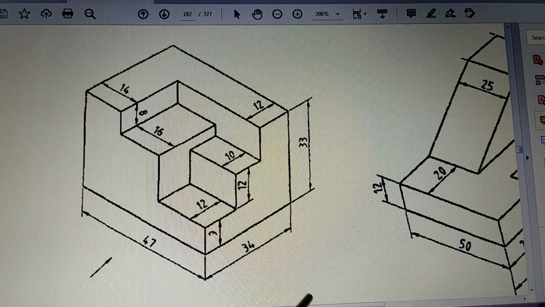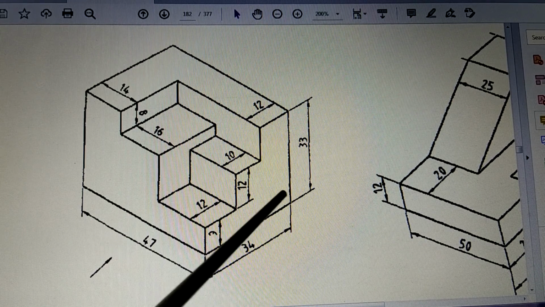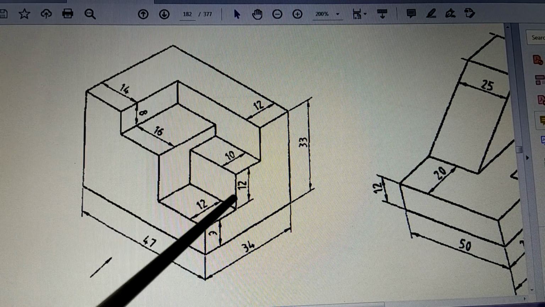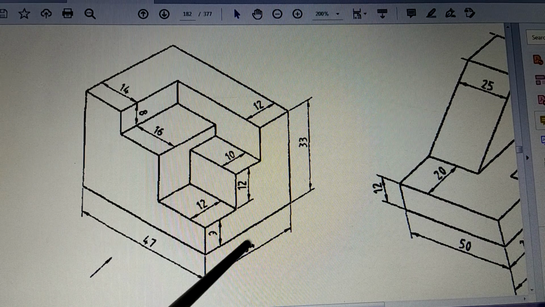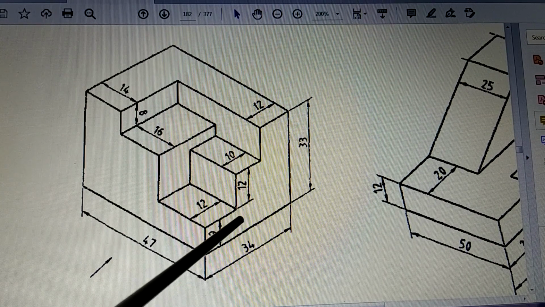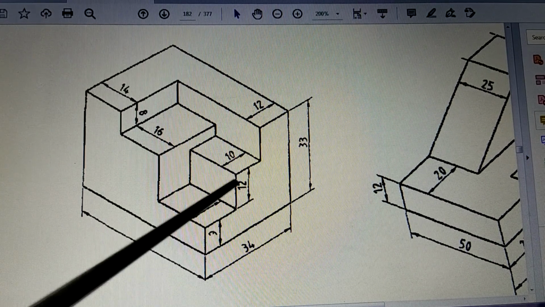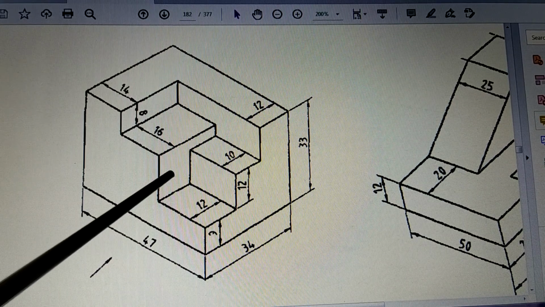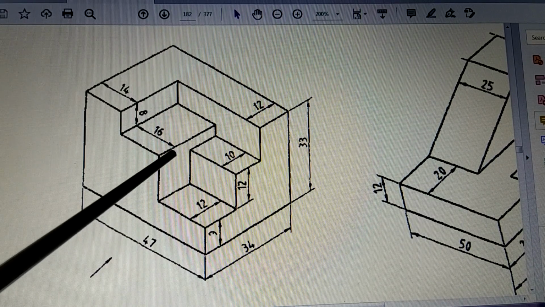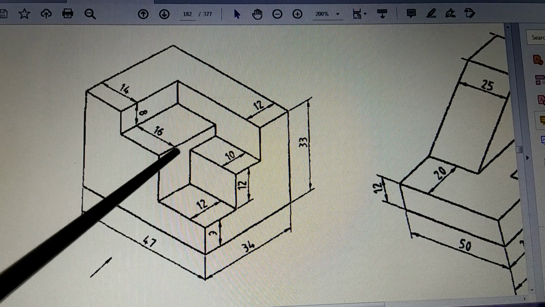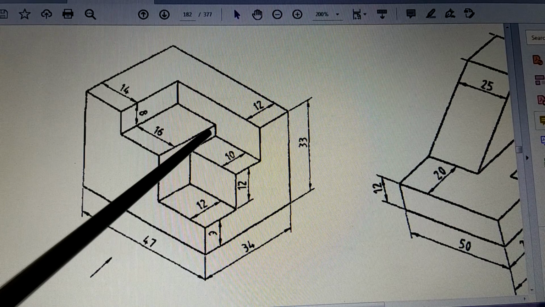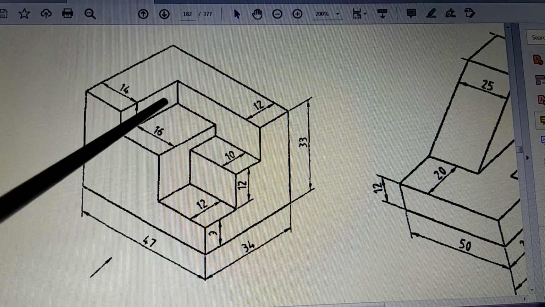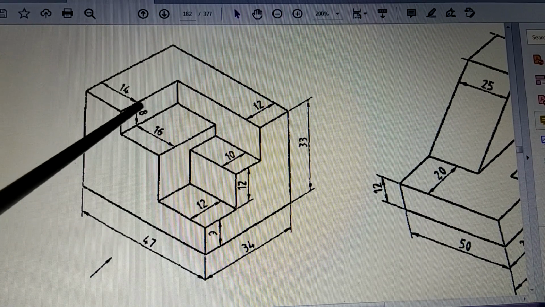Now let us see the right hand side view. So looking in this direction, that is the right hand side view, what are the things which are seen? So first thing is this surface that is seen, something like a step. So this will be the surface seen from the front. After this surface, in this particular place, there is a surface seen like this, and this surface is extended till here. So it will be again seen up to here like this. So after this will be this surface which you are seeing, and above this, you will be able to see this surface.